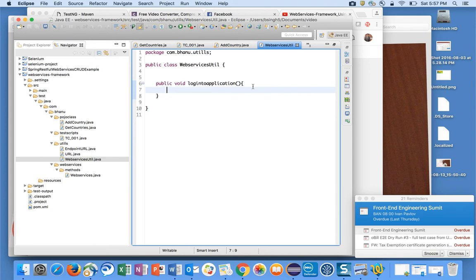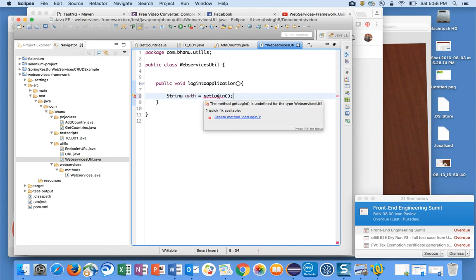So what you can do is basically assume that there is authorizations. Assume that auth is equal to, I'm writing as a string, is equal to get login. You have one method, right? You have something called get login, one method, and this method is returning you the authorization. So I cannot write get login, why? Because this method should be available, otherwise just like that I cannot write. So assume that you have something called get login in your applications. In your web services you have one method, this will return the authorizations.